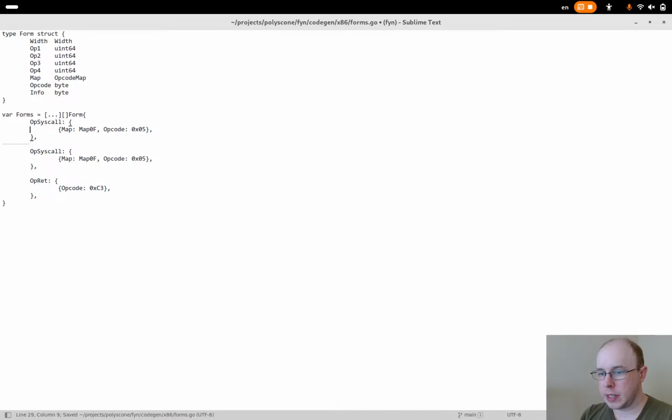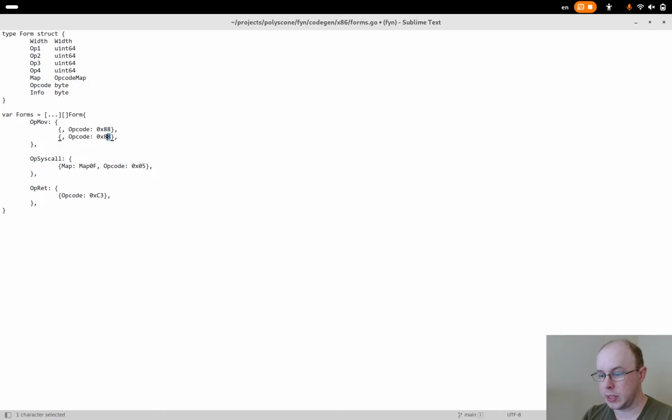And then for something like MOV, this is where we'd actually need widths and things. These don't have a map, but the current opcodes that I'm selecting in the hard-coded function that I've got right now are 8.8 for the byte width one and 8.9 for the other widths.